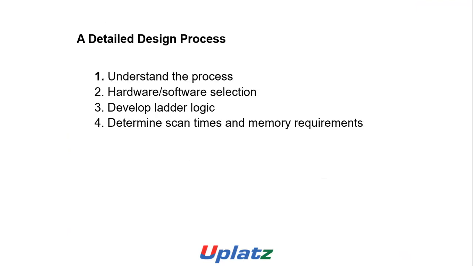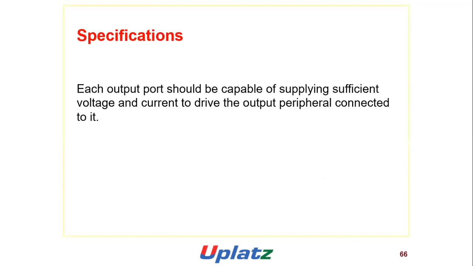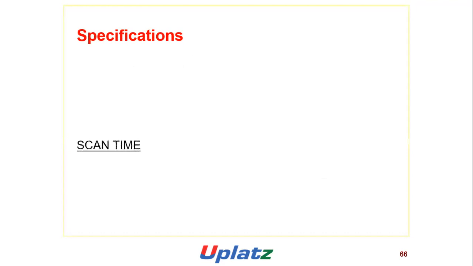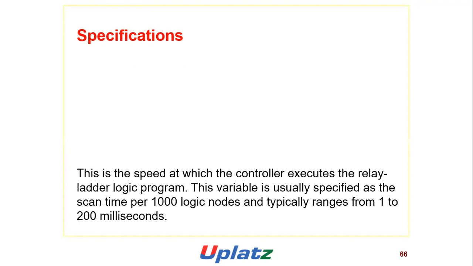A detailed design process: understand the process, hardware and software selection, develop ladder logic, determine scan times and memory requirements. Specification: output port power ratings. Each output port should be capable of supplying sufficient voltage and current to drive the output peripheral connected to it. Scan time: this is the speed at which the controller executes a relay ladder logic program. This variable is specified as the scan time per 1,000 logic nodes and typically ranges from 1 to 200